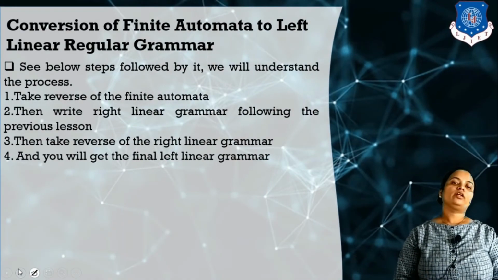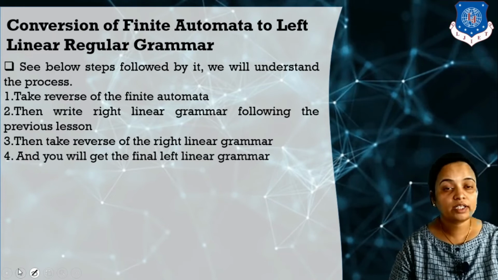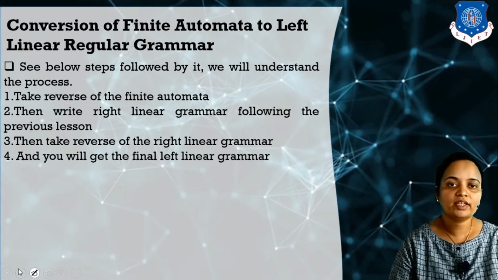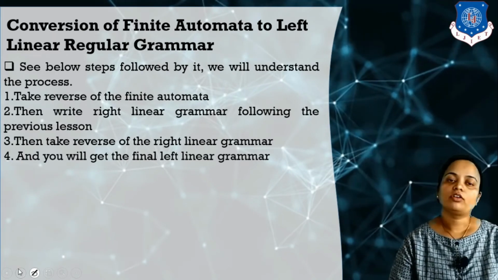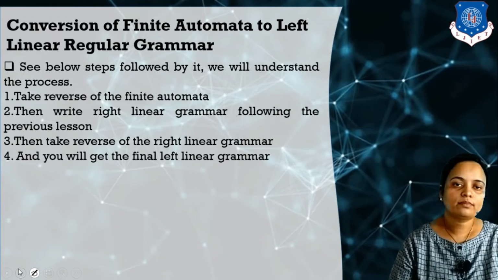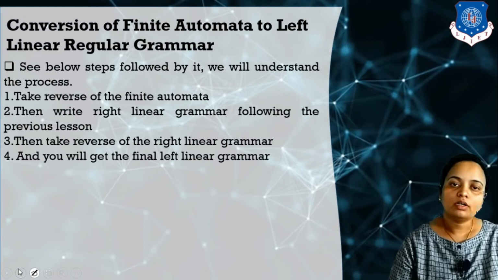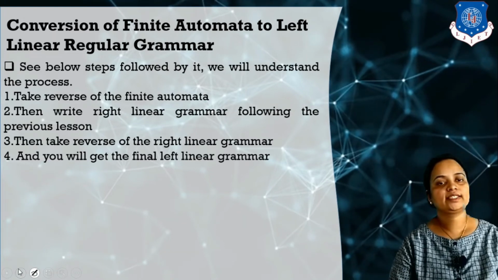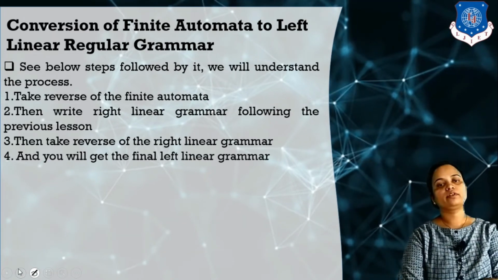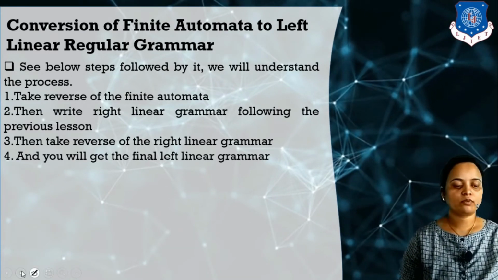Now next, suppose I want to convert the finite automata to left linear grammar. For converting finite automata to left linear grammar, we have to follow some steps. So here are the steps. First, we have to reverse the finite automata. After reversing the finite automata, we have to write down the right linear grammar for that. And step number 3, last, we have to reverse that right linear grammar. Now how we are going to perform that, we will see over here